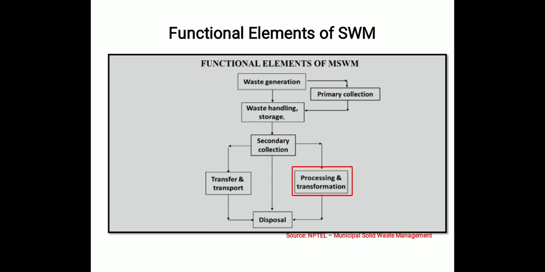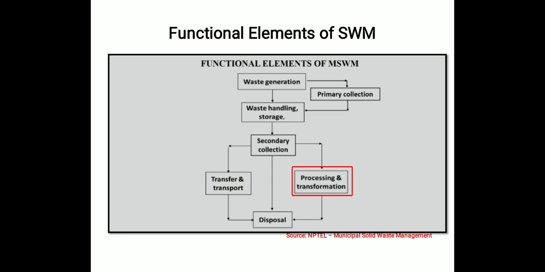Next is the primary and secondary collection, where we have discussed the different primary collection systems, that is the curb system, alley system, door to door collection system, and the backyard system, in which door to door collection is most effective as per a number of studies. For the secondary collection, there are two types of collection systems, the hauled container systems and the stationary container systems, which are decided based on the total amount of solid waste collected or generated. After that, we have discussed the importance of transfer and transport, where we provide transportation and different types of equipment or vehicles used for the transport of that solid waste.